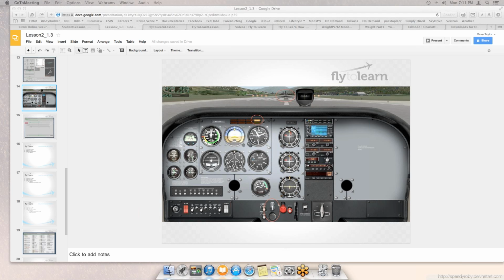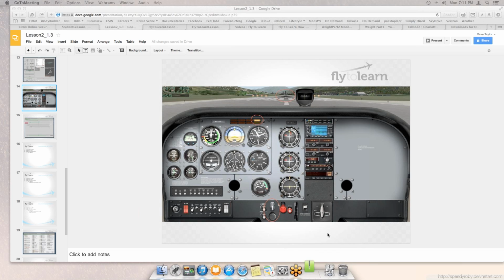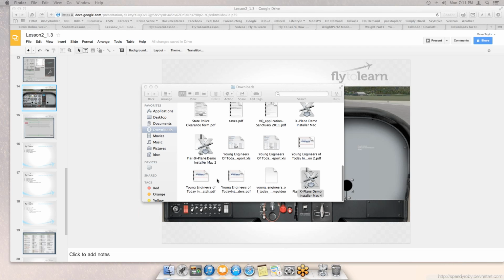A Mac. I tried to download just the demo version and that wouldn't work. This is the thing with Macs. You want to download the demo version, and here, I'll show you, it's going to want to unzip. When you unzip it,